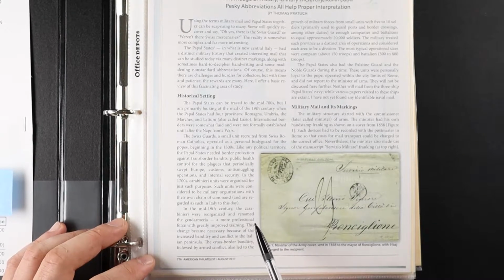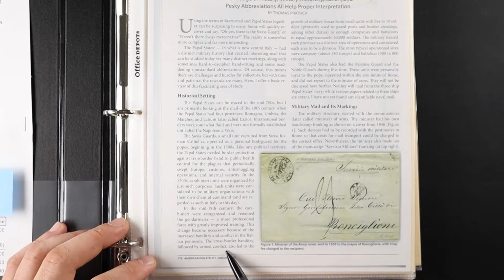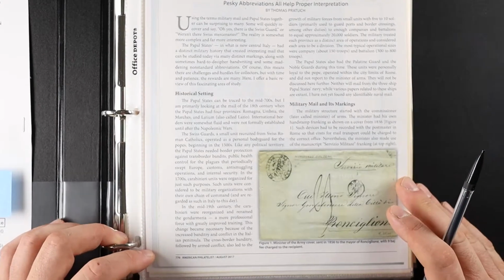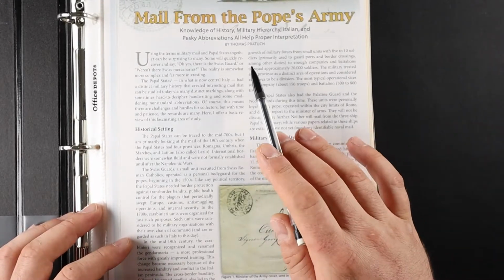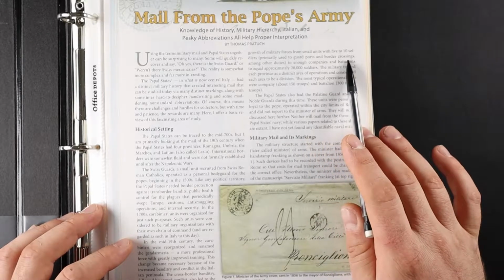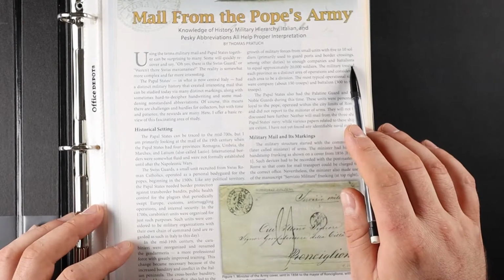In the mid-19th century, the carabinieri were reorganized and renamed the Gendarmeria, a more professional force with greatly improved training. This change became necessary because of the increased banditry and conflict in the Italian peninsula. The cross-border banditry, followed by armed conflict, also led to the growth of military forces from small units with 5 to 10 soldiers, primarily used to guard ports and border crossings, among other duties, to enough companies and battalions to